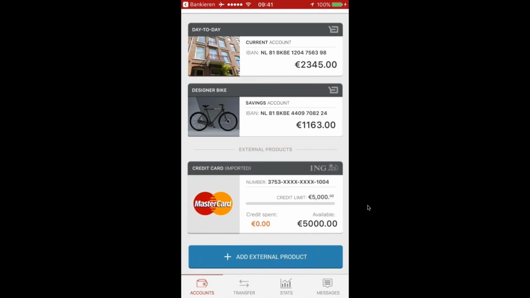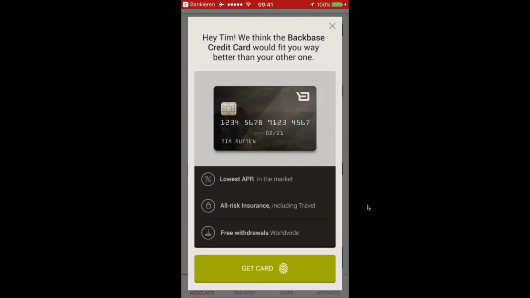Now, as a final step here, we've now cleaned up the credit card. Why not think about the job to be done here with the customer? In this case, maybe he or she is interested in a different type of credit card product. So why not position a specific product for this customer that takes into account everything we already know about this customer, whether he or she travels, and so forth. In this case, we feel that the Backbase credit card is way more relevant for this customer. So this is basically like a replacement campaign, right?